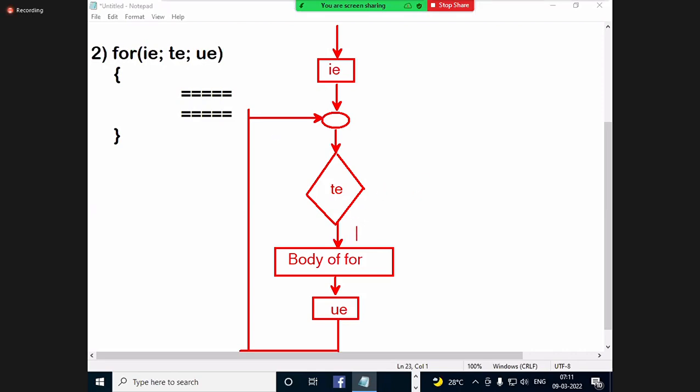If it is true, like this, until you get a false it will iterate. If it is false, out of for loop. I'll explain.